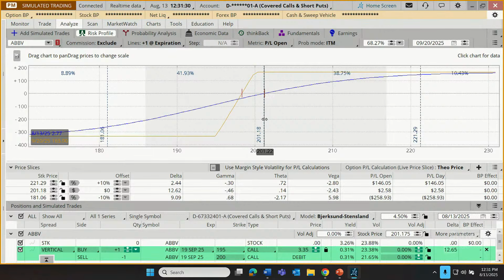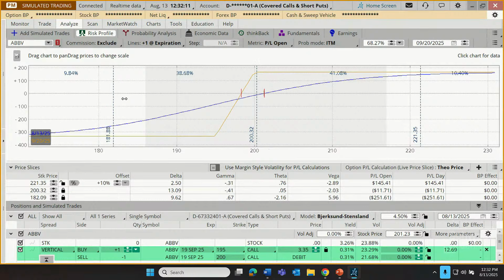Watch this. I wonder what the odds are that we wind up not between 201 and 221, kind of random numbers. It's just current price plus 10%. But instead, on September 20th, what are the odds that we're above 200? So I can just click and drag that line over and position it right at 200. And I can see, okay, this is more meaningful to this trade. There's about a 41% chance that we land between 200 and 221, about another 10% chance that we land above that. So combined, about a 51% probability of maximum gain on September 20th.